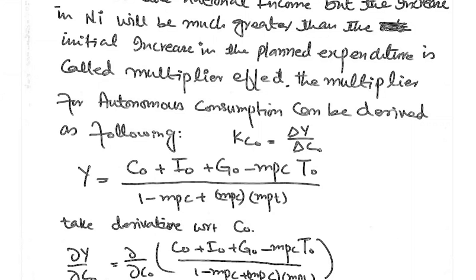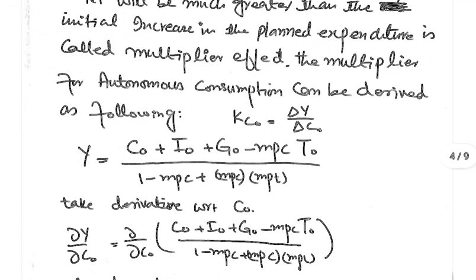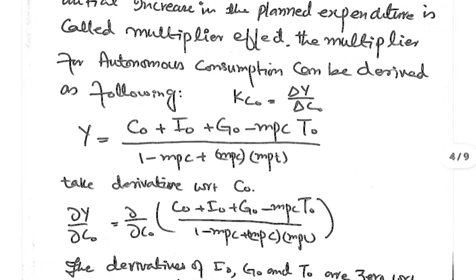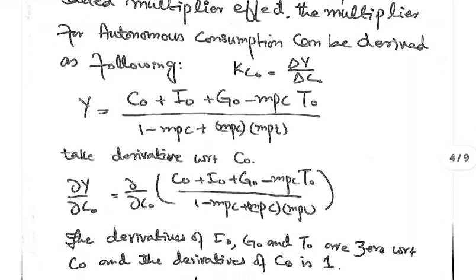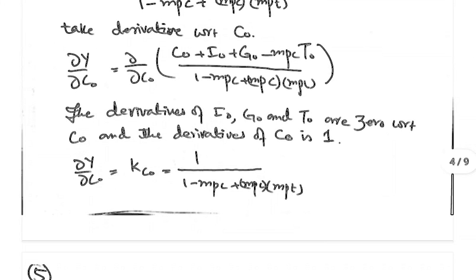So for calculating Kc naught, we will have to take the derivative of the national income formula with respect to C naught. And as we have derived previously, the national income formula is Y is equal to C naught plus I naught plus G naught minus MPC T naught, divided by 1 minus MPC plus MPC into MPT. Taking the derivative with respect to C naught,